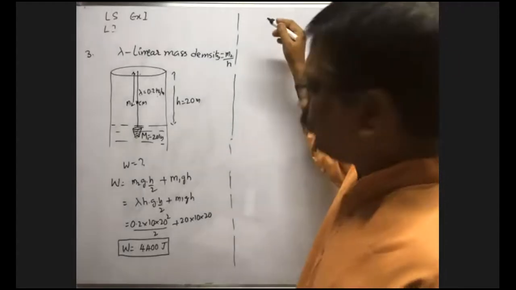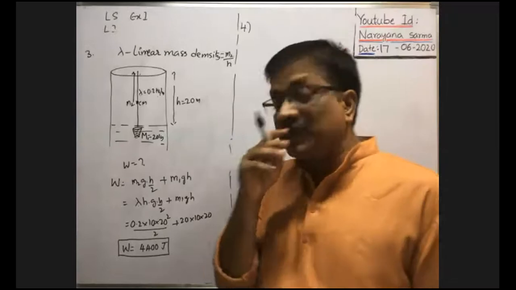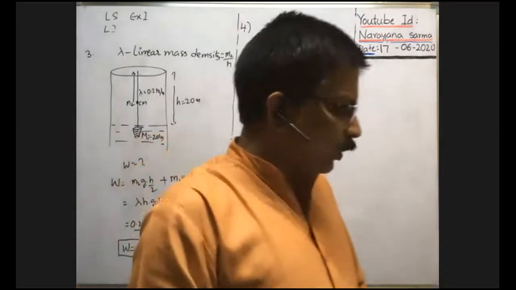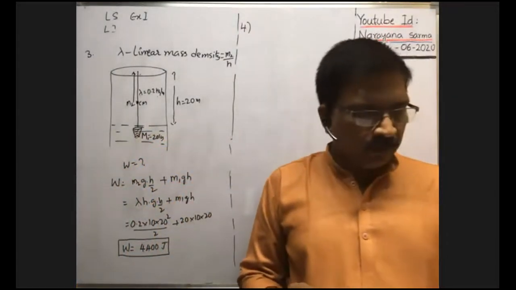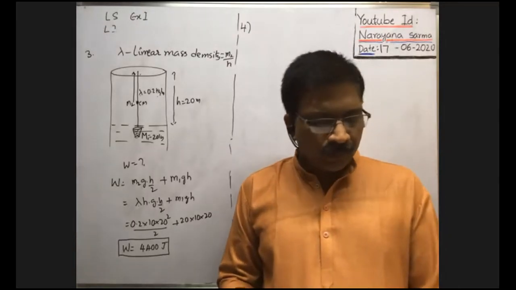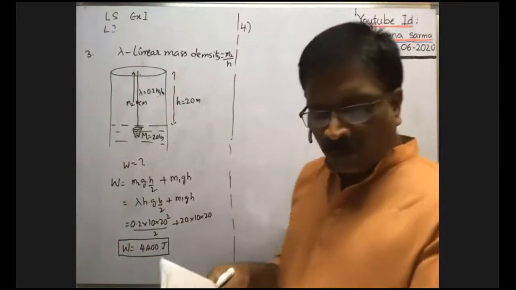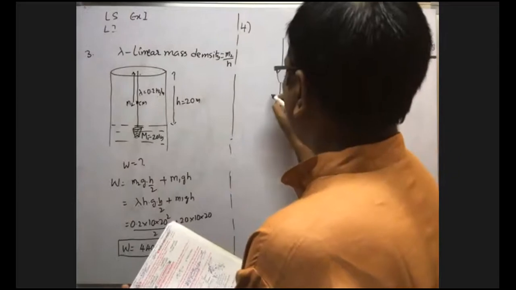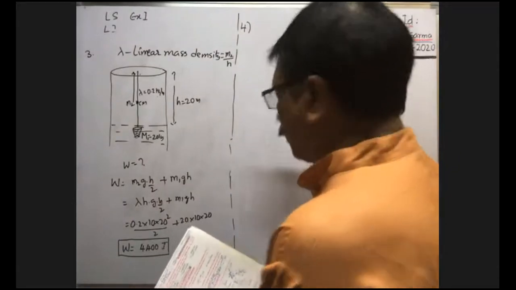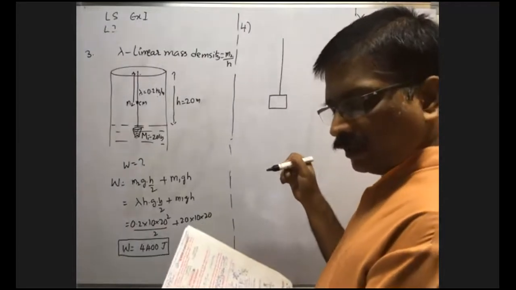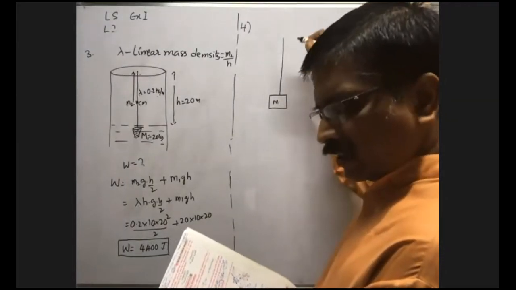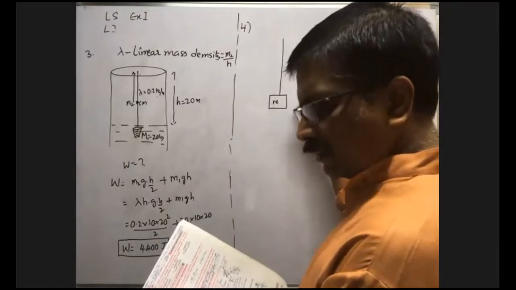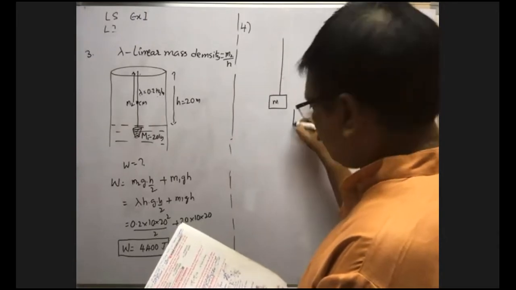fourth problem, very very important. It was previously asked, and I think in MHT-CET they asked: a block of mass m is lowered with the help of a rope of negligible mass through a distance d with an acceleration of g by 3. Work done by the rope on the block is, here by means of a rope, the block is moving down, lowered. A block of mass m is lowered by means of a rope of negligible mass. The mass of the rope is negligible. Here the distance up to which it is lowered down is d.